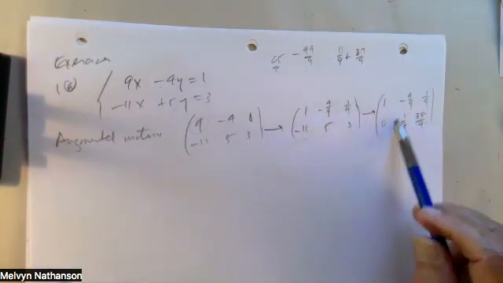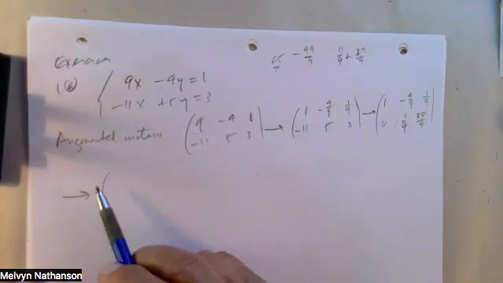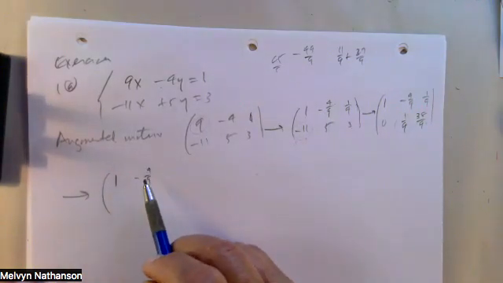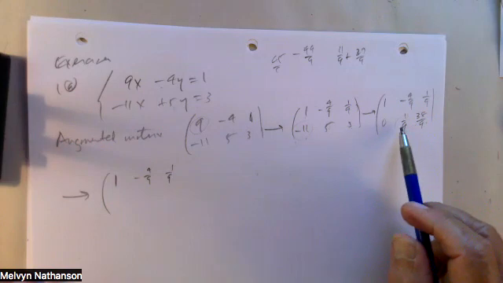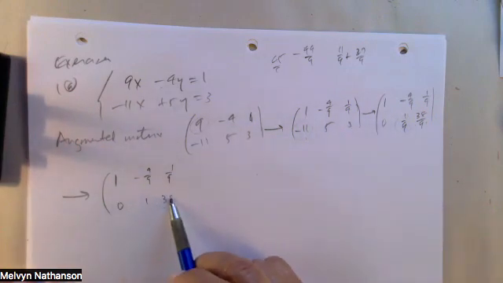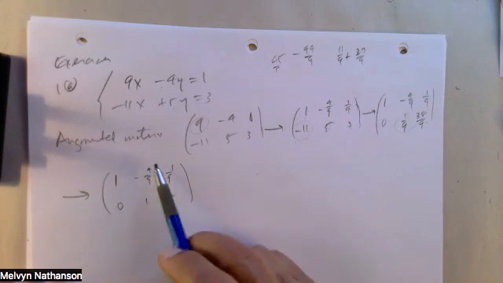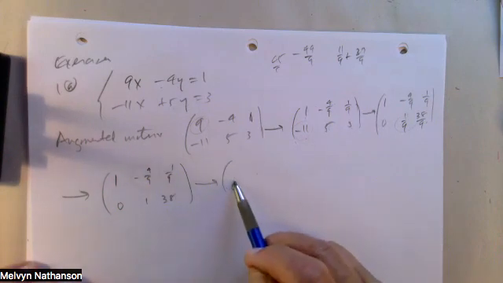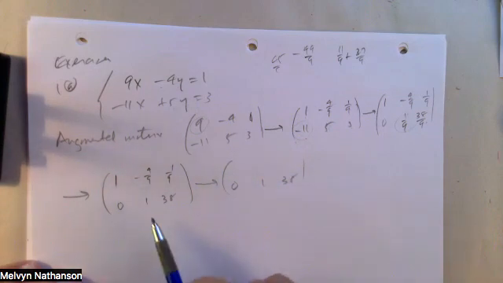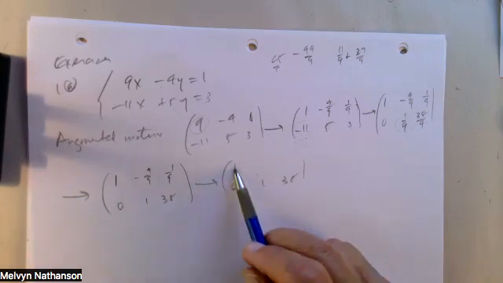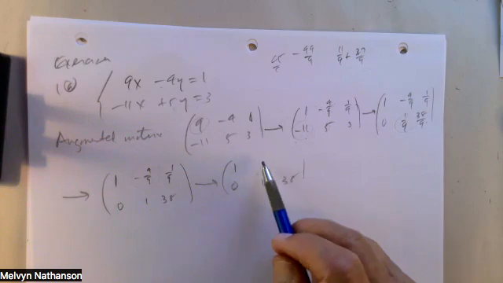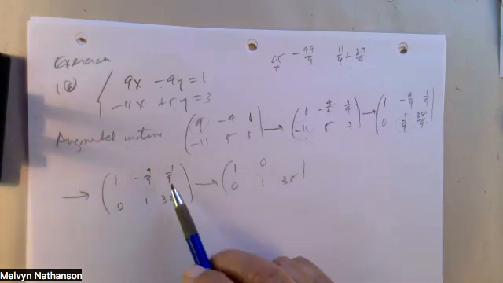All right, next step, I want to get a 0 here. So my first row, 1, minus 4 over 9, 1 over 9. And I multiply the second row by 9, I get 0, 1, 38. And then I want a 0 there. So I multiply the second row by 4 over 9, and I add. So I get 1 plus 0, minus 4 over 9 plus 4 over 9. And then 1/9